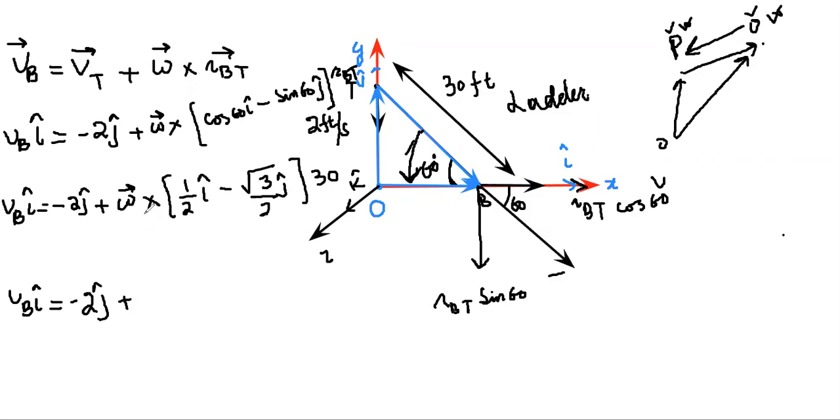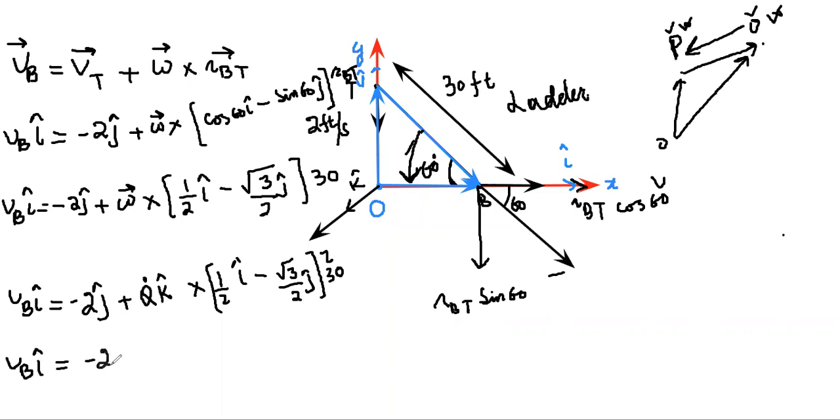plus omega. Omega is the angular velocity. Its angular velocity in terms of magnitude is theta dot k cap, that is d theta by dt, cross 1 by 2 i cap minus root 3 by 2 j cap, multiplied by 30, which is equal to, therefore we can write VB i cap becomes equal to minus 2j